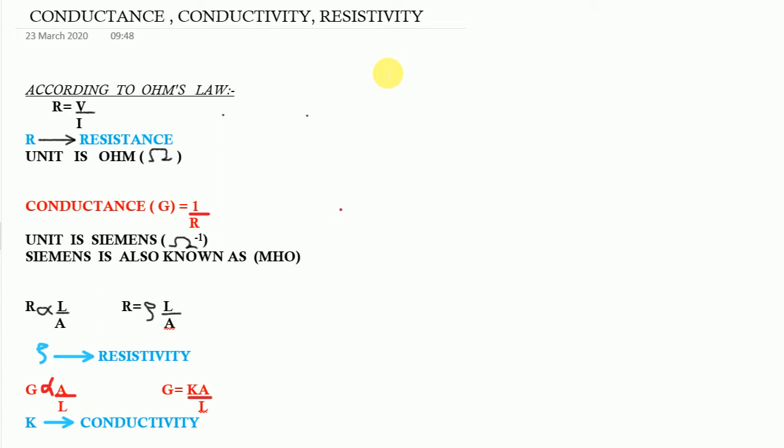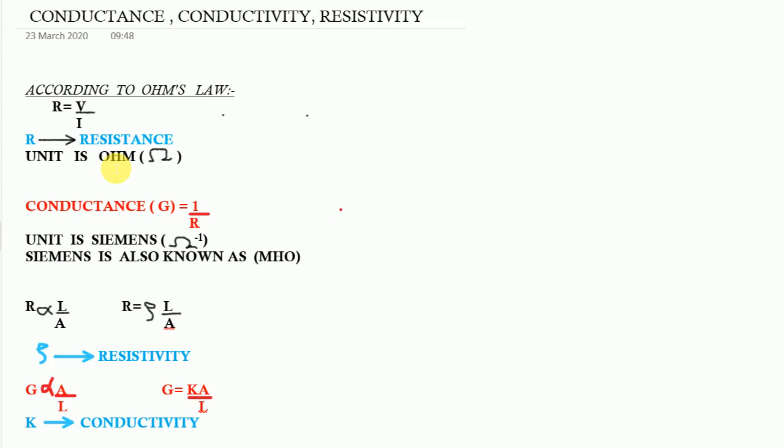So according to Ohm's law, what is Ohm's law? Ohm's law states nothing but R is equal to V upon I, where R is your resistance, and the unit of resistance is ohms, right? Now, what is the basic definition of resistance? Resistance is nothing but the obstruction offered by the conductor to the flow of electricity. So in short, it is not allowing the electricity to pass through it,